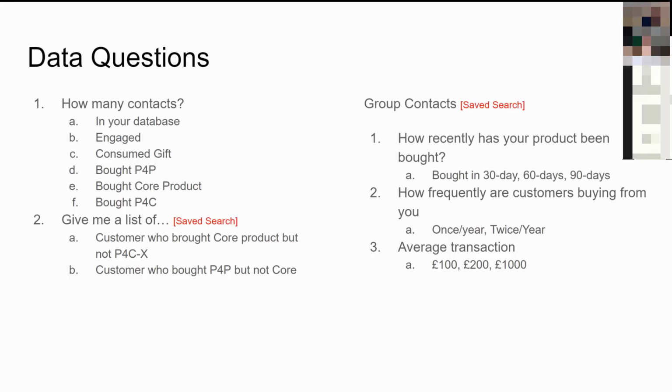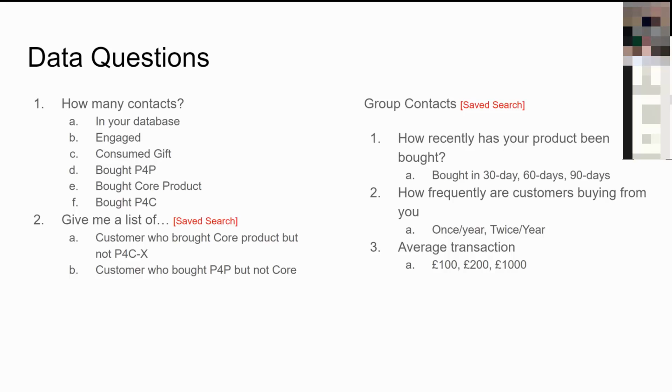And the question is, well, why? I don't know why. I just need to know the data. Show me the data and I'll start to think about what I can do. Because if the data comes back and says there's only 10 people in that category, fine, I'm not going to bother to do anything about those 10 people. Whereas if the data comes back and says we've got 600 or 700 people in this category, well, maybe then I need to put some energy into thinking about those 600 or 700.